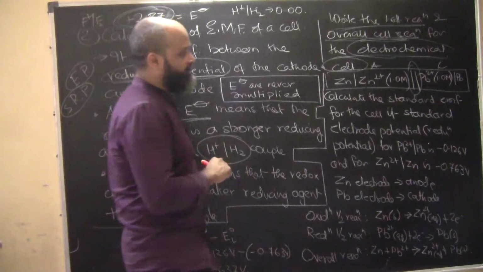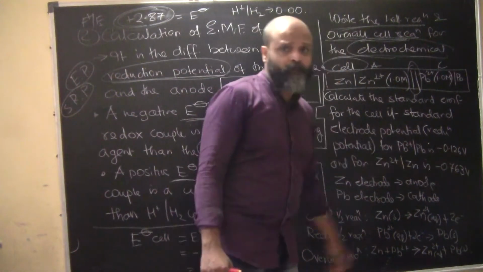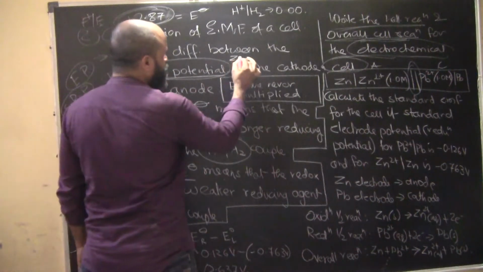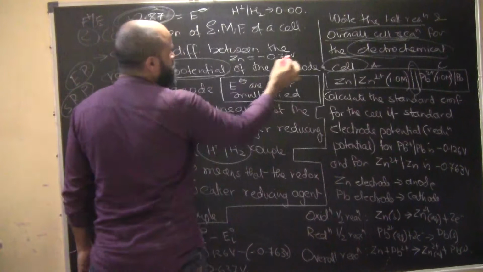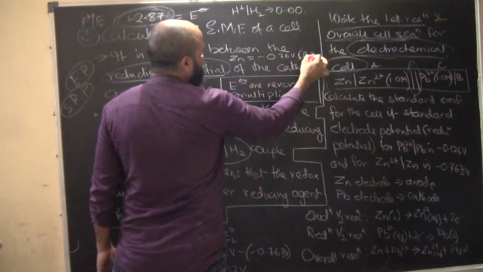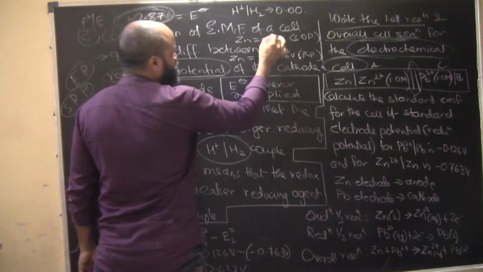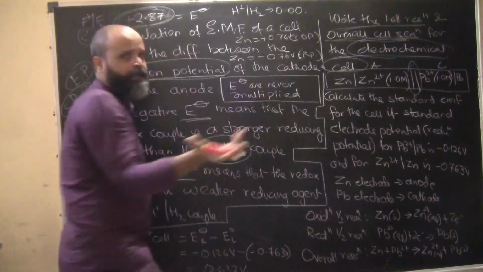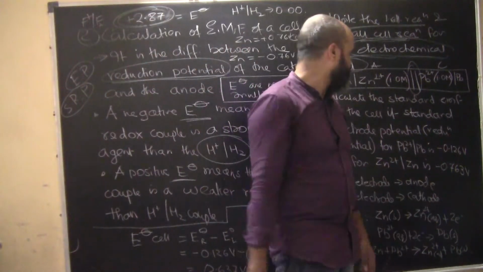So for example, if zinc has a reduction potential of minus 0.76 volts, this is the standard reduction potential, SRP. So its SOP, standard oxidation potential of zinc, will be plus 0.76 volts. That's all that is going to happen. You just have to change the signs and it will be accepted.